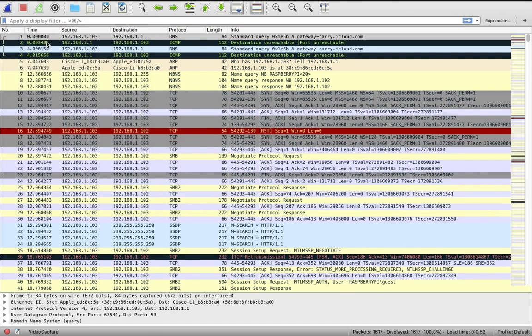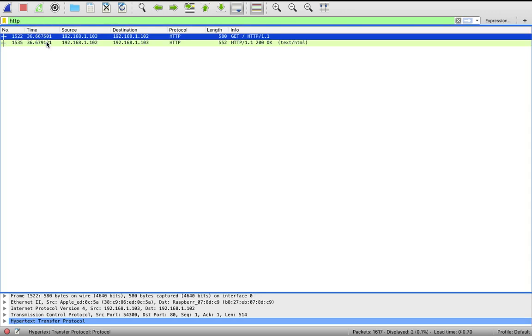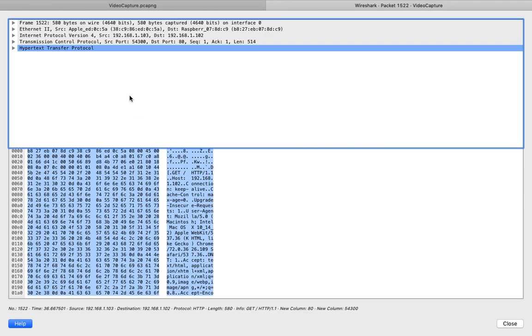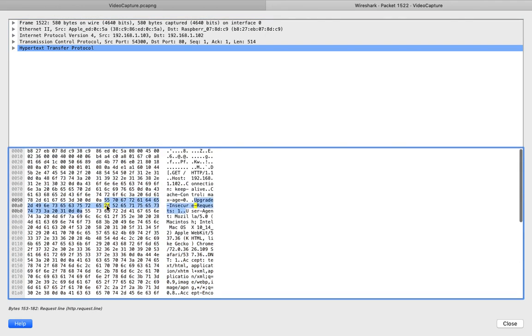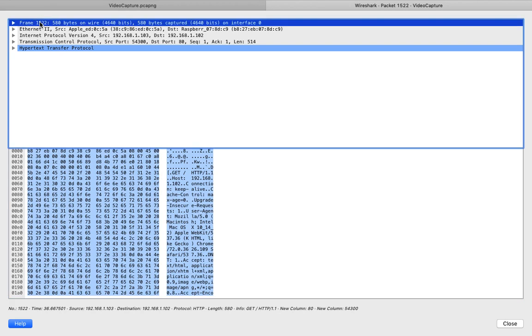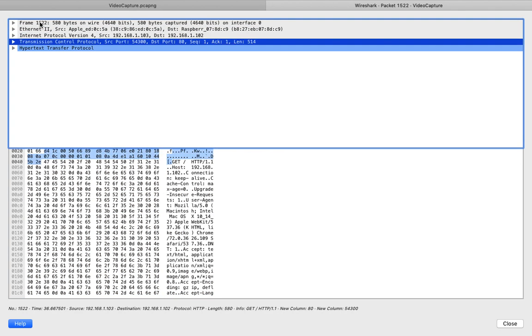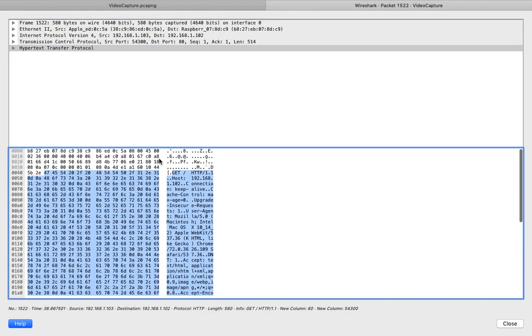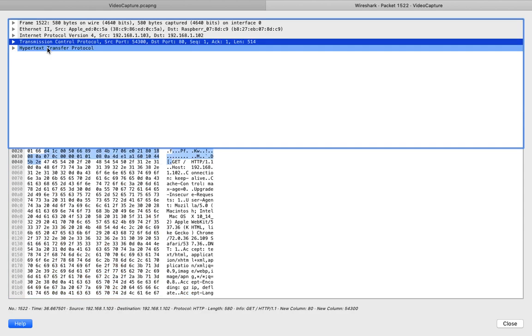But right now, we're just going to filter by HTTP traffic, since I used HTTP to get to my Apache server. So if you double-click on this, you can see a whole bunch of information on it. This is all the hex code information, the hex characters that are passed in between here. And if you click on this little frame thing, you can see as you go down